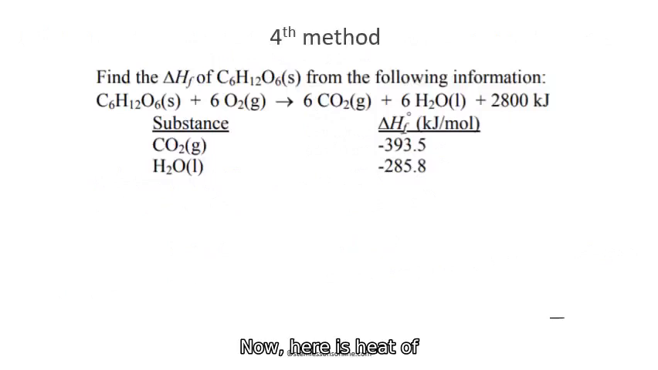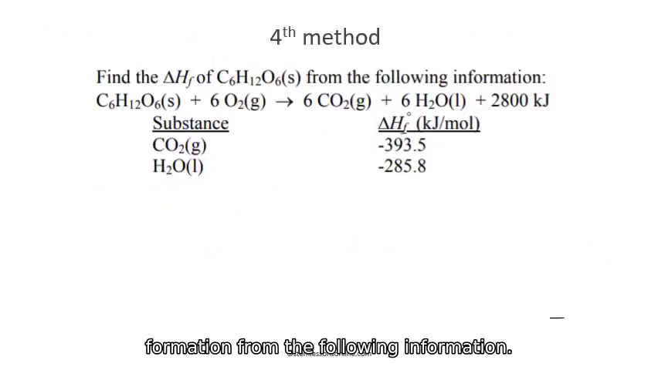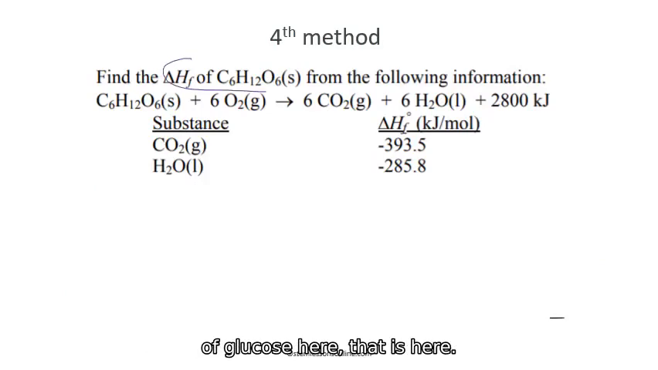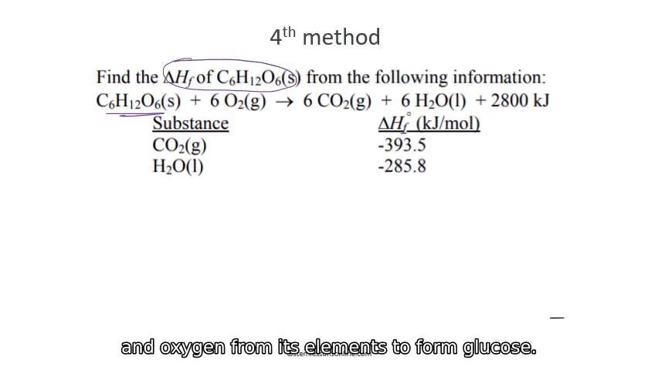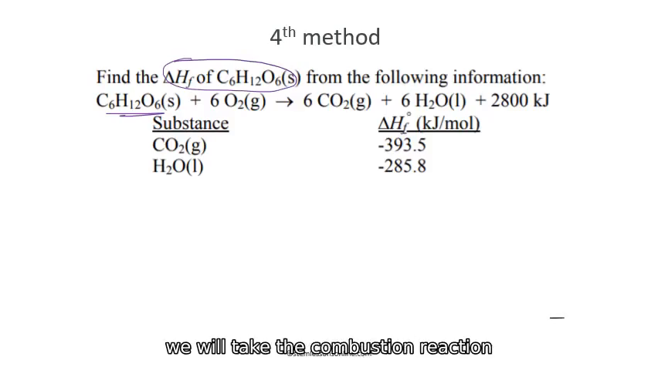And now, here is heat of formation from the following information. Some reactions we cannot actually do in the laboratory just from their elements. So we have to find the heat of formation of glucose here. We cannot calculate it just by combining carbon, hydrogen and oxygen from their elements to form glucose. So what we will do is take the combustion reaction with its delta H value, and they will give the delta H formation of some compounds here, and then we can calculate the heat of formation of that particular